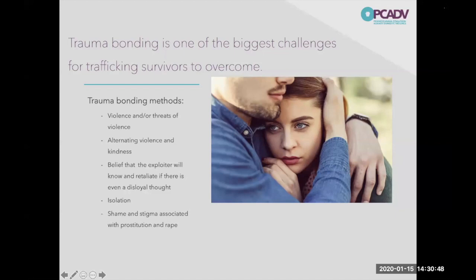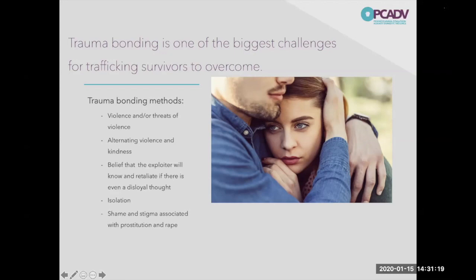And this is one of the biggest misconceptions about human trafficking, that once you get that person out of the trafficking situation, they're going to be grateful, they're going to feel quote unquote rescued, and they're going to immediately begin the process of healing. And the reality of the situation could not be further from the truth. The reality is that once they are away from the trafficker, a lot of times they feel scared. They may miss them. It's the same kind of dynamics that we see in DV relationships.